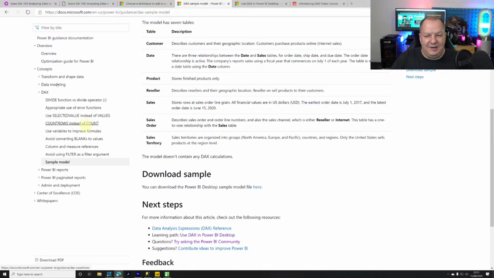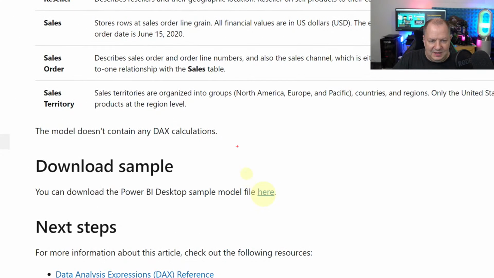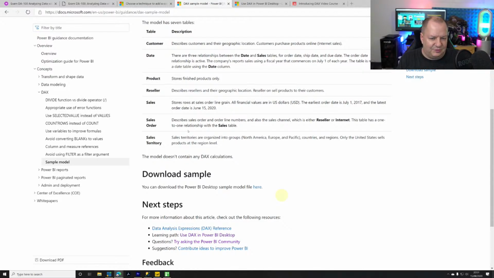So if this is all a bit over my head, Neil, I'm not quite ready for this yet, don't worry. We will take you from no knowledge, nothing in Power BI. You can go and download the sample model here. You can grab that, and you can follow through the instructions that we're going to do. We will be putting through a full set of instructions on how to do all the steps, get us up and running, get us working with Power BI and start to add additional functionality like DAX, and know when to use the M query language, when to use the DAX expressions, when not to bring in